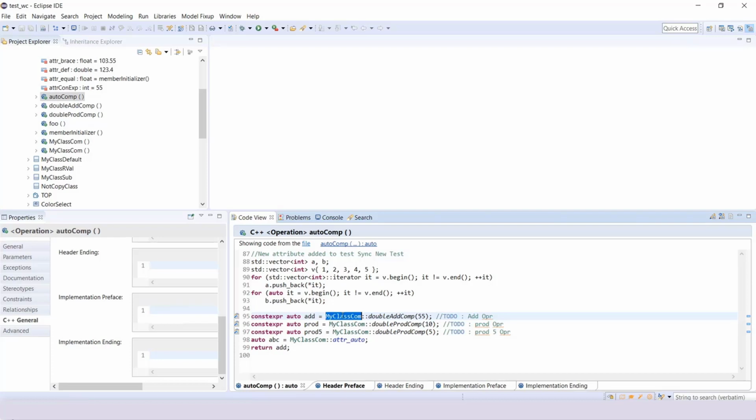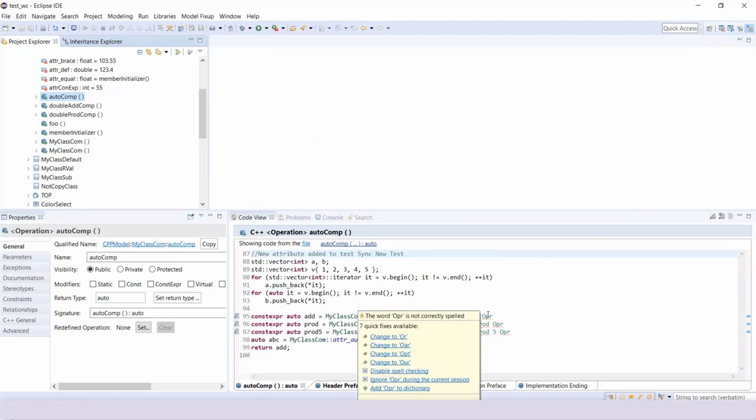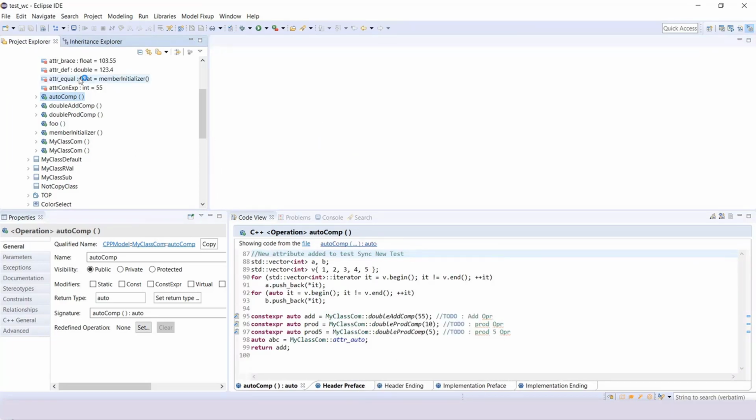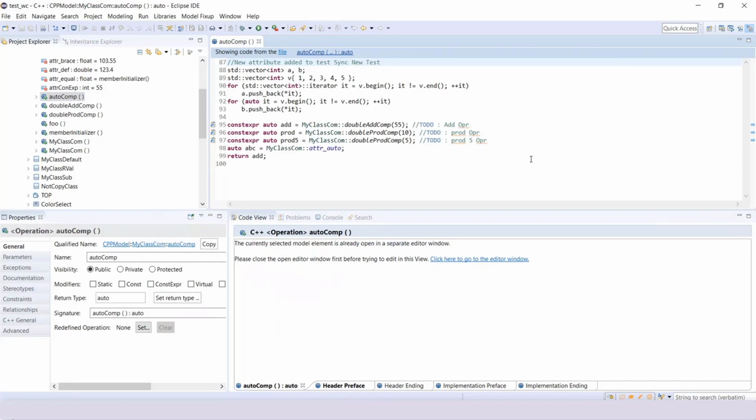Okay. So coming to code editor, how can we navigate to code editor? First of all, the simplest of them is by double clicking on the element for which you want to see the code editor. So I double click, this code editor opens. Or if you are now in the code view and you want to go to code editor, instead of searching the element or navigating to the element in the Project Explorer, you can also select this button, show source in editor. I already told previously. So I select this. On doing that, I navigate from code view to the code editor.